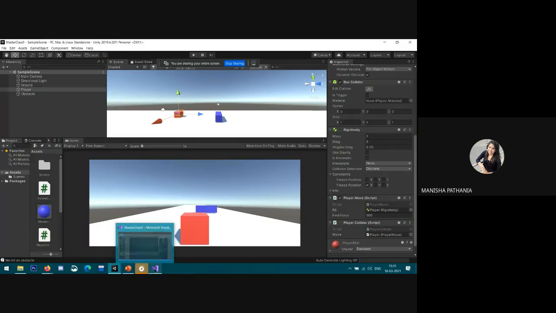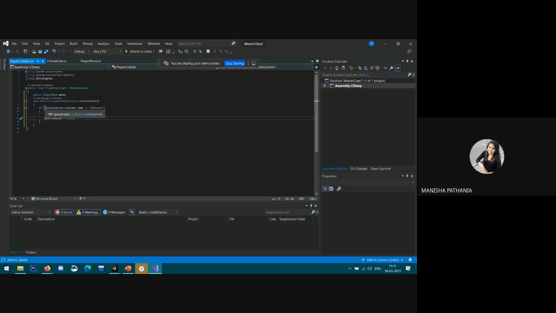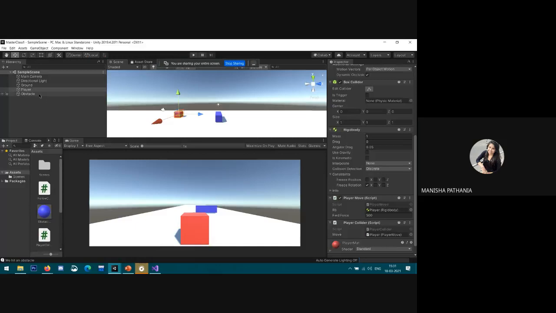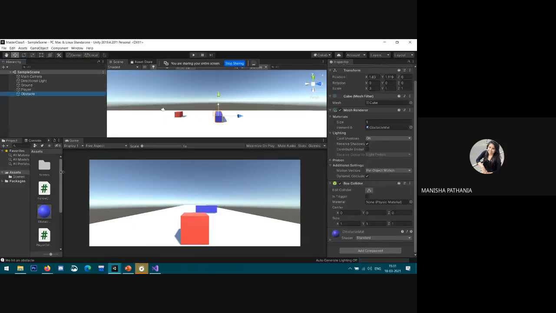Go to the script. I'm telling you again, this if collisionInfo.collider.name equals obstacle. Instead of this, I want to create multiple obstacles; here is only one obstacle and I need to create multiple obstacles.